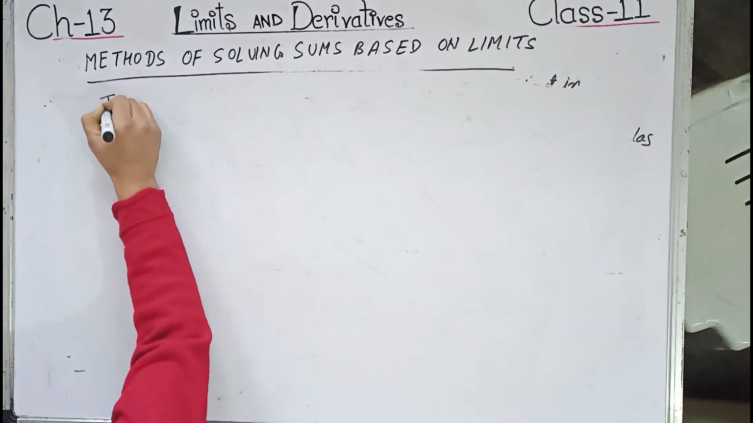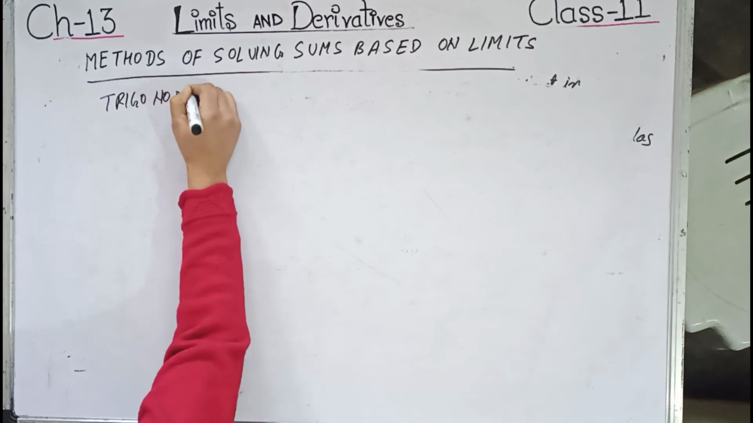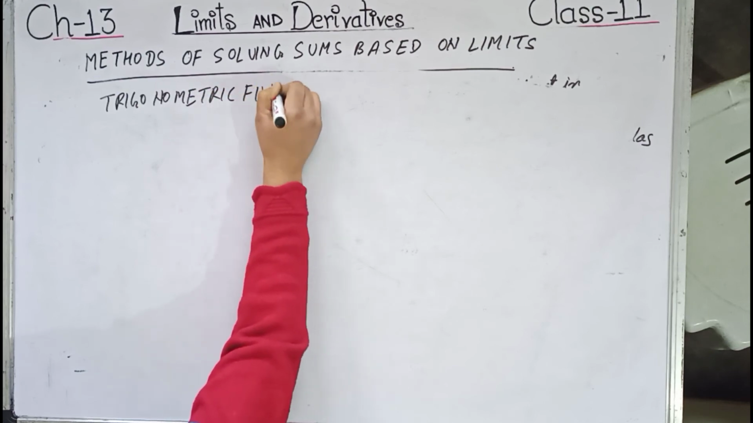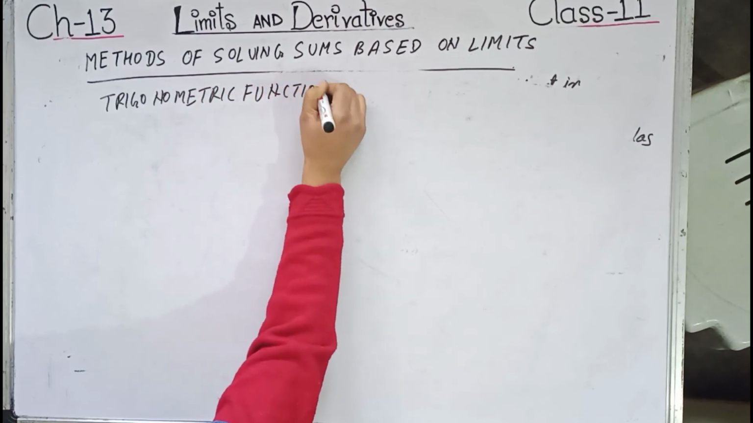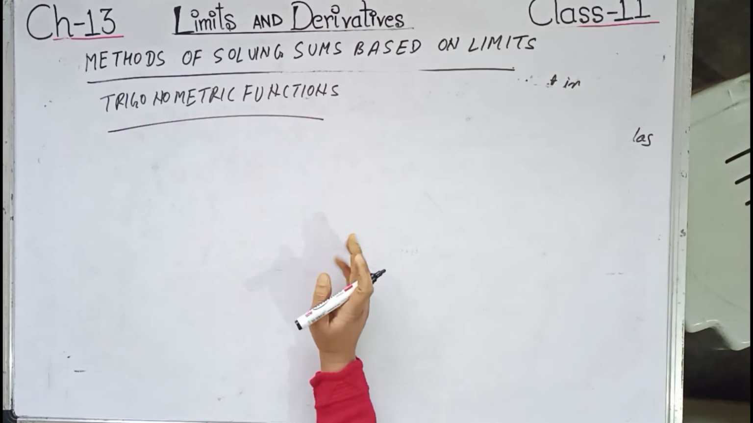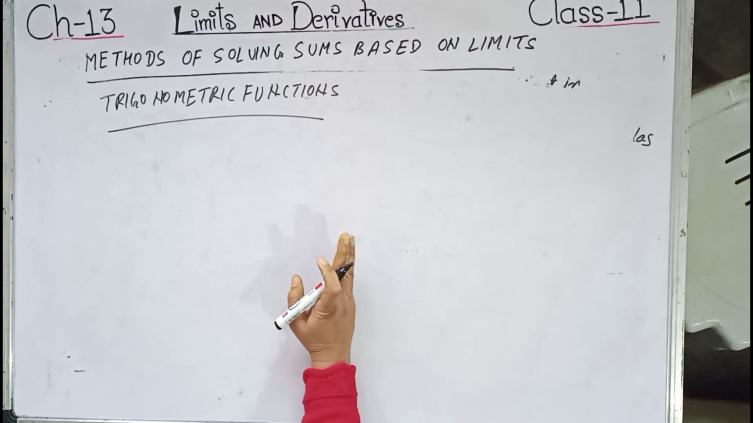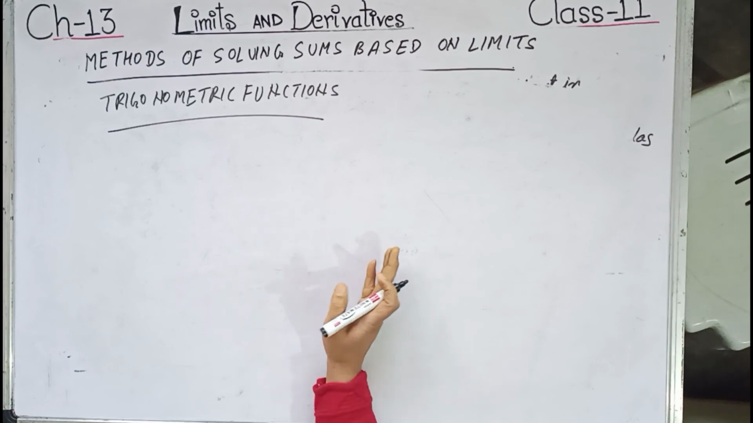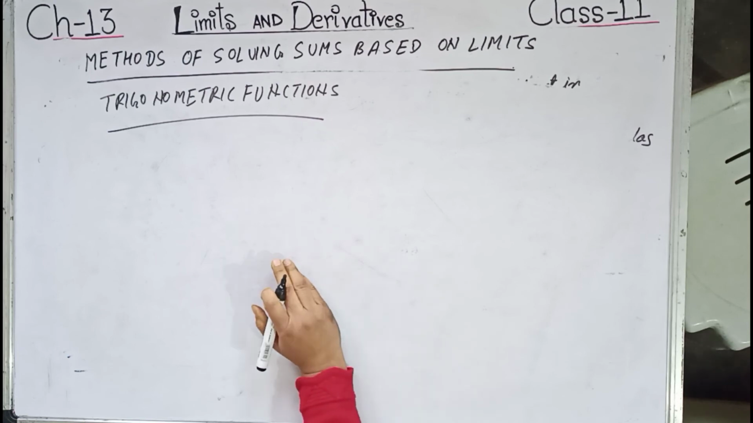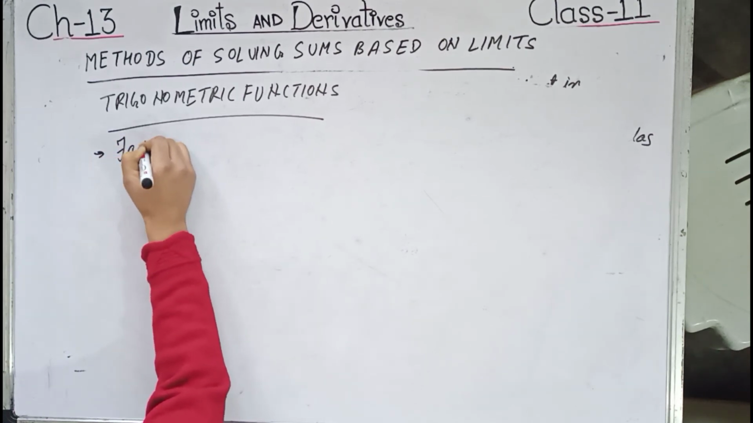I was dealing with trigonometric functions. So trigonometric functions, first by direct substitution, second by using the formulas. 3 formulas I gave. Now trigonometric functions can be done by the method of the rational function as well, in the form of the rational function, by factorization. So we can do the factorization also to solve the